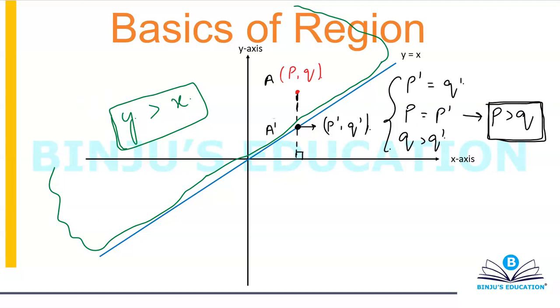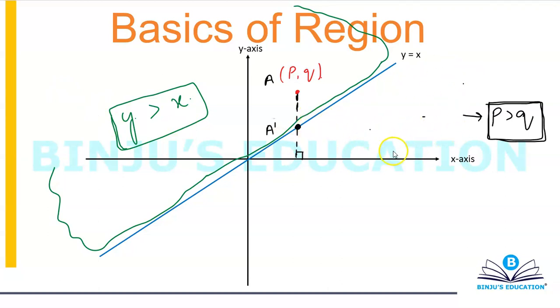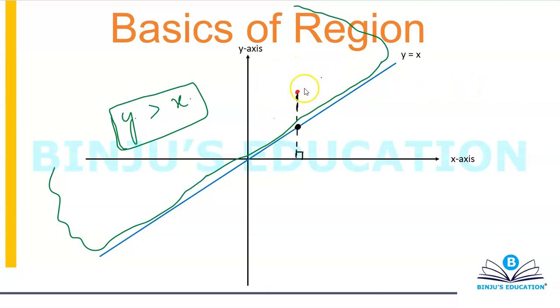Okay, now let's move on. Let's take a point that lies below the line also. I hope by now you would have understood what will be the inequality for the region that lies below the line, but anyways, we're going to take up a point. So let's take a point somewhere here, and let's say that this point has some coordinates r, s.